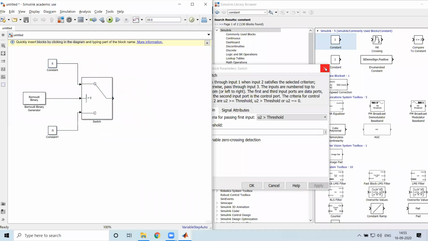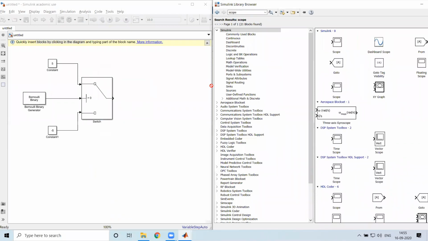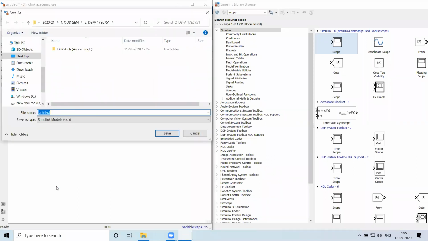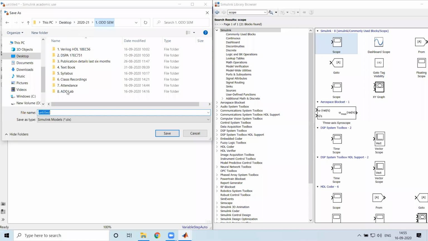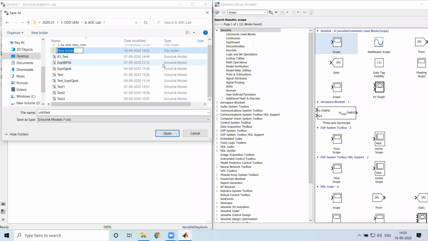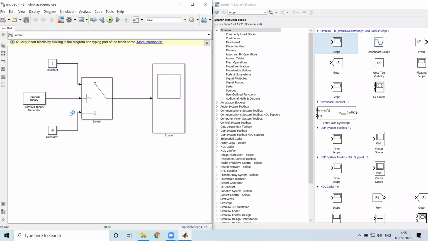it on the scope. So I'll add the scope over here. Now I'll try to see the overall result that is present. So I have added the scope, and I have built the entire circuit now. I'll save it. So I am implementing NRZ polar format. Okay, so I have saved it.